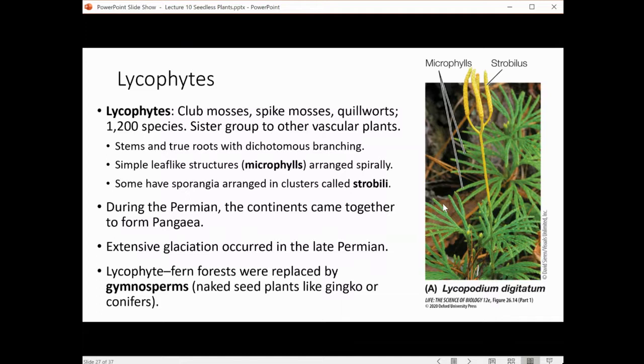They were eventually replaced by the gymnosperms. Okay, the gymnosperms are plants that have what are called naked seeds, right? What do we mean by that? Well, think about